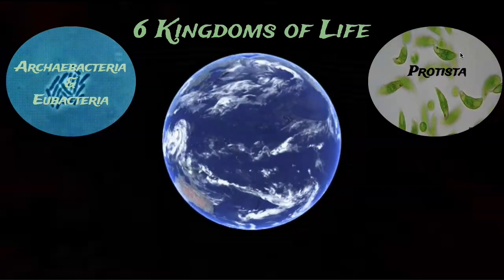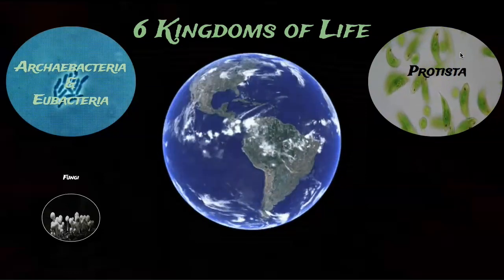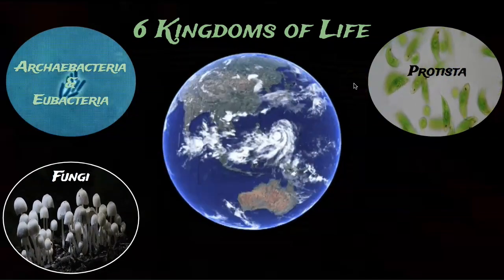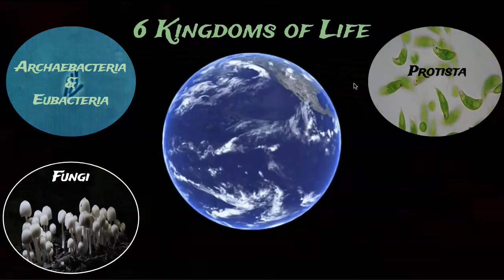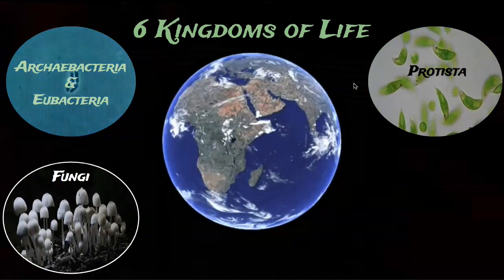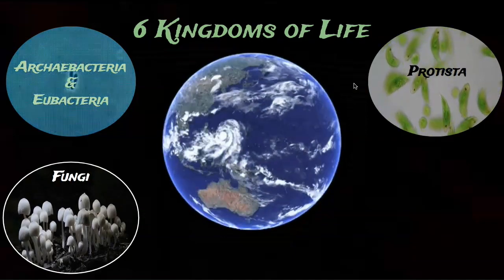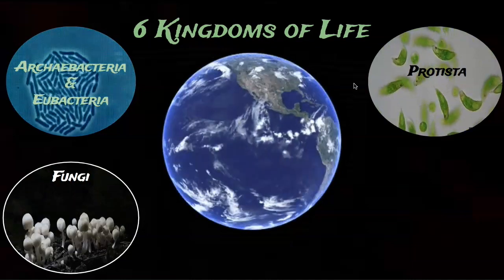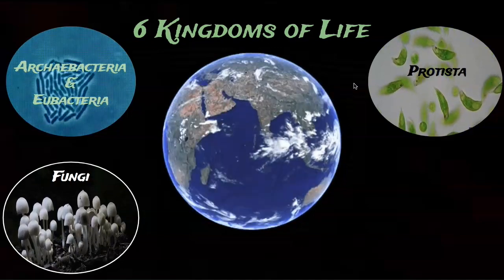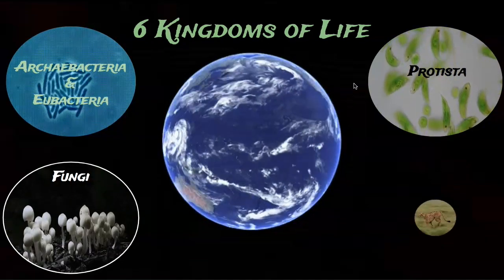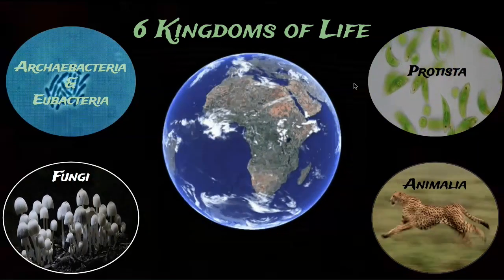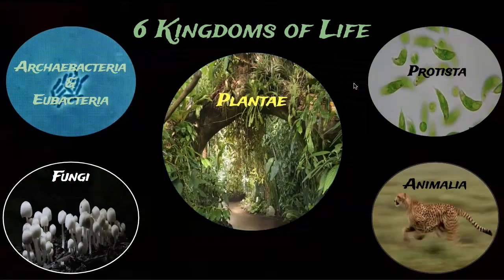And so we've got your 2 kingdoms of bacteria, and protista. You have fungi, which for the longest time were actually classified with plants until we started to look at their cell structure and realized that they were not really plant-like. They might have a cell wall like plants, but it's made out of totally different materials. They don't get their resources from the same places that plants do, and so they have their own life cycle and everything. They're their own group. And then, of course, we have Animalia, which is where all animals fit. And last but not least, what we're going to be talking about today, Kingdom Plantae.